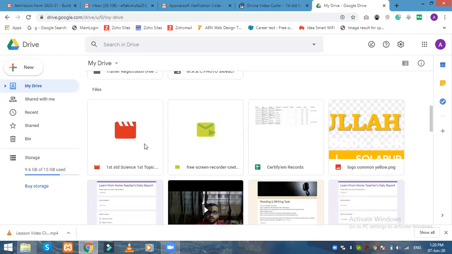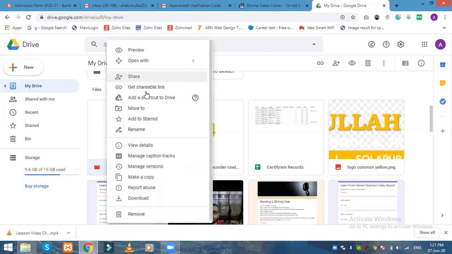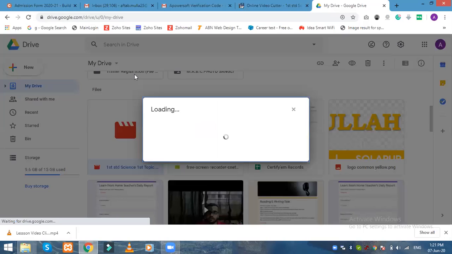First standard science, first topic, whatever I have saved over here. Click on that. We should right click. Okay, it gets blue. It's gray, it's blue. Right click on that, and just click on the share button,